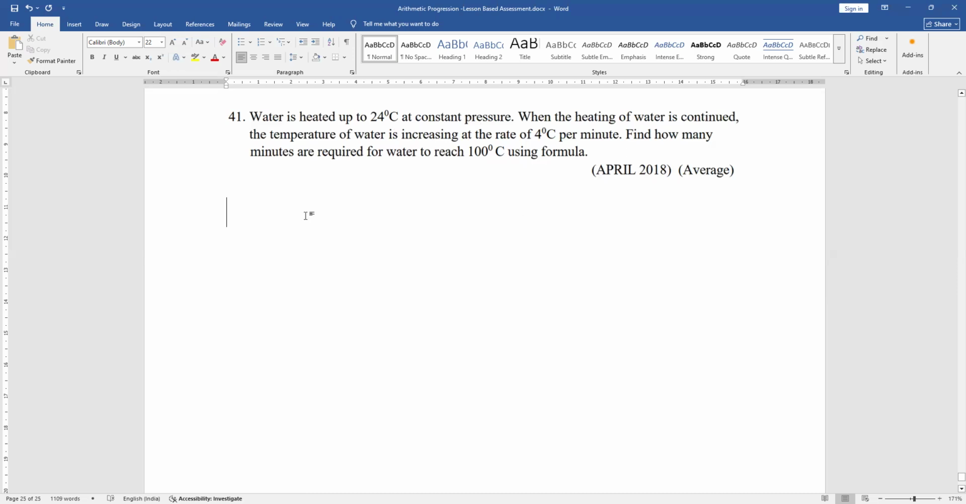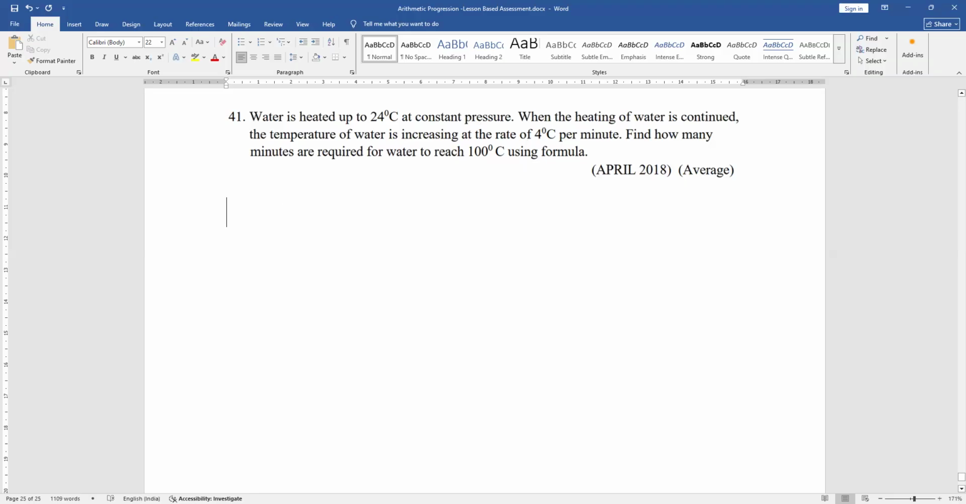Like that it is increasing. So at what time exactly it will reach 100 degrees Celsius, that we will find out now. Okay, so we'll find out at what particular time the water temperature is going to reach